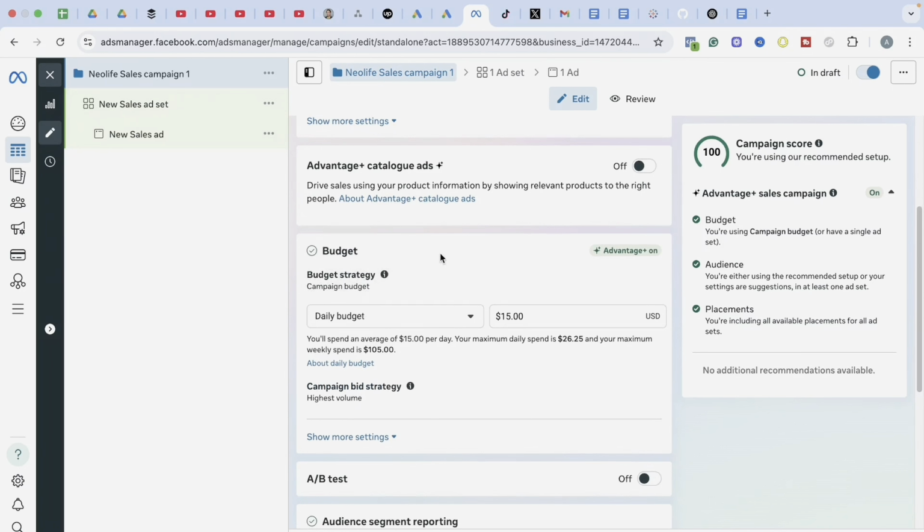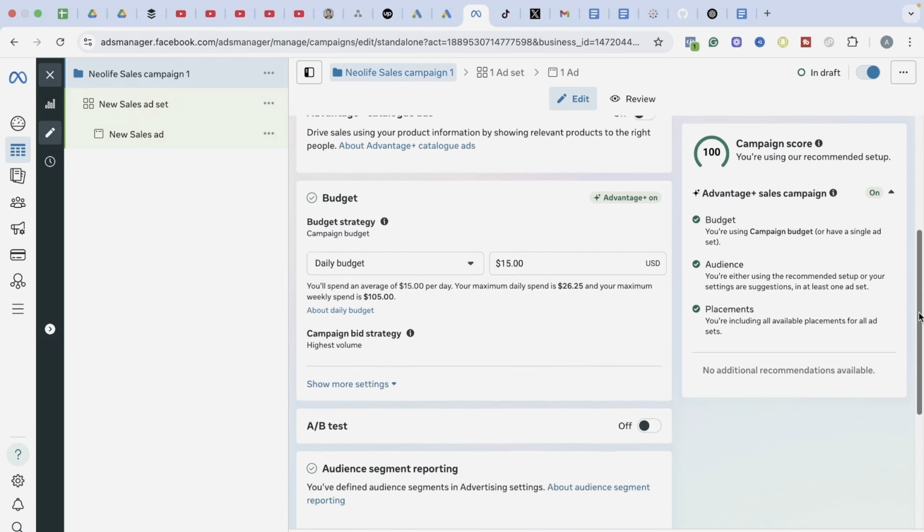When I move under budget, I want to determine my budgeting under campaign, so that I will tell Facebook to distribute my budget efficiently through one ad group and several ads. So then I will use daily budget. Daily budget, I will leave it as $15, because we are trying to spend little money on Facebook to get results.